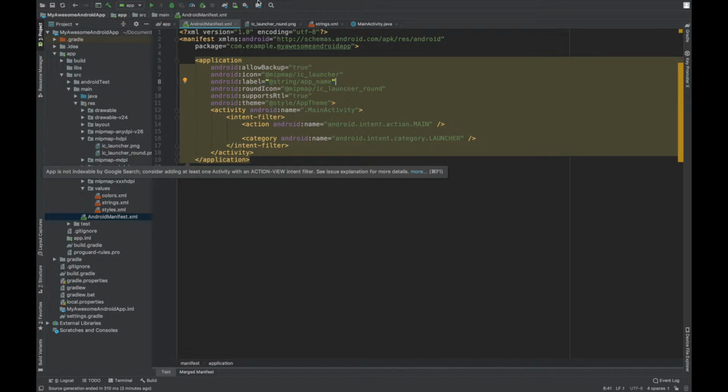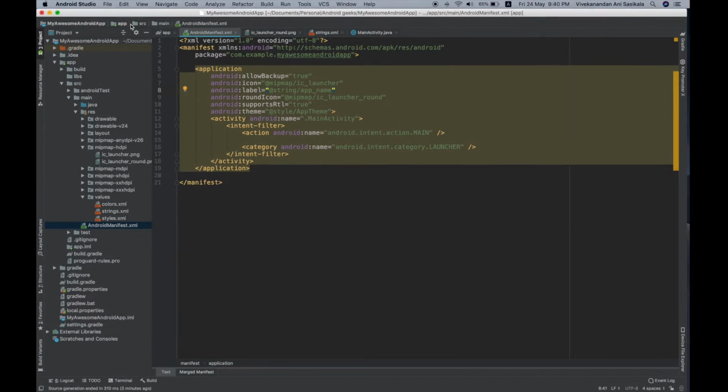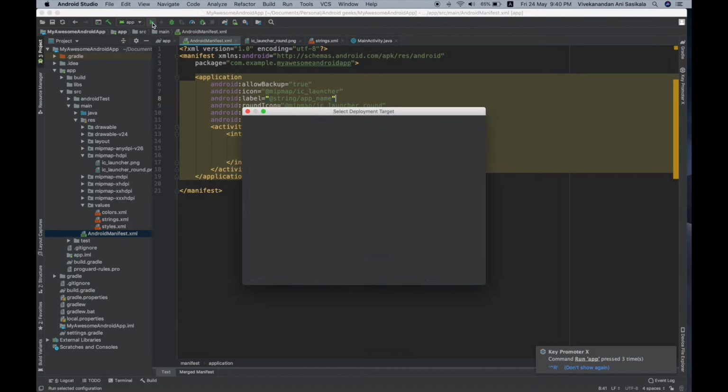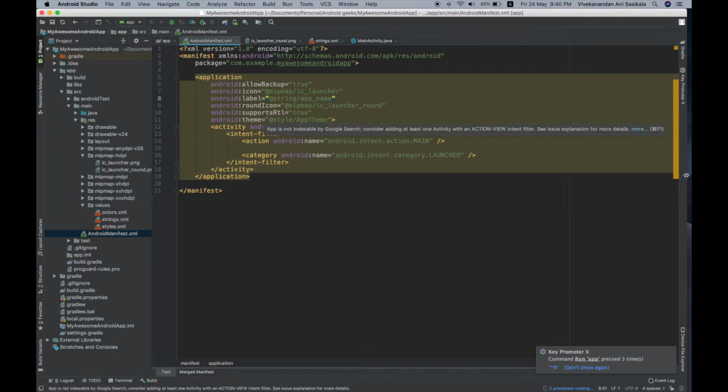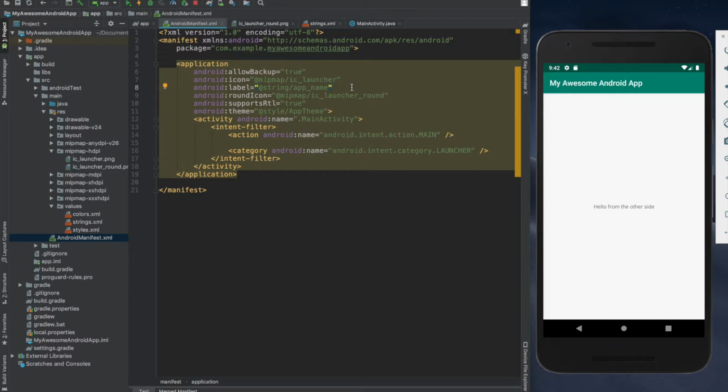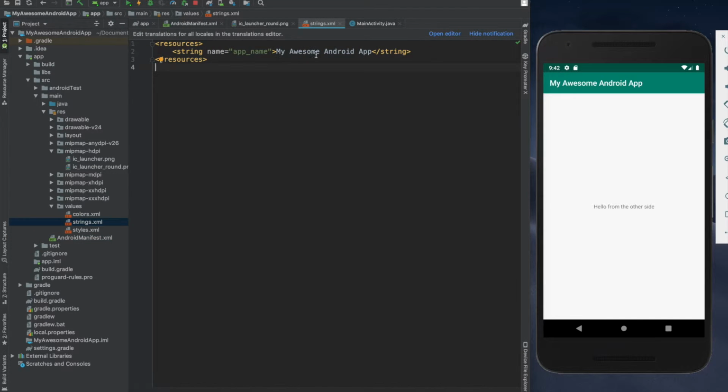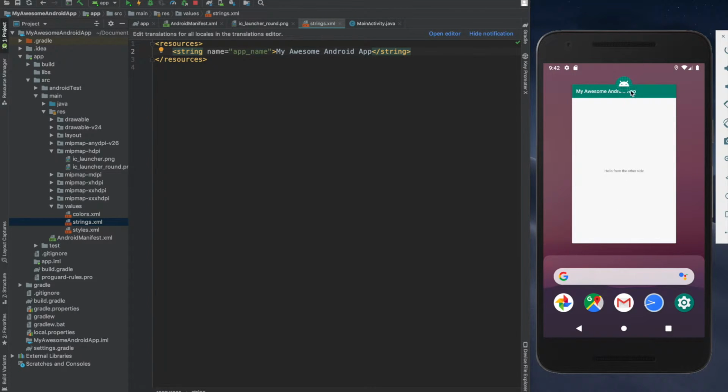So let's run the app and see. Okay, now you can see that the app is running and it shows the name of the application, which is defined in the strings file as My Awesome Android application. It's shown here. And if you look at the icon, it is also showing the round icon that is defined